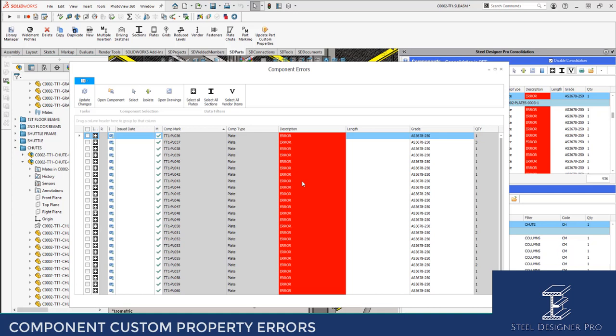We've also added more code in order for us to make that function better. So you probably find that the length issue may disappear completely. But now we've got other tools in place to tell us that there are errors and they need to be fixed. So with all my plates that I've got in here, I've got to go through and change them